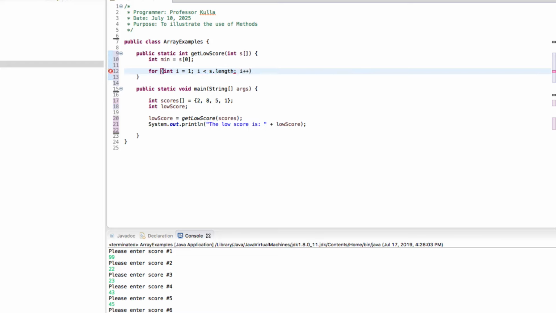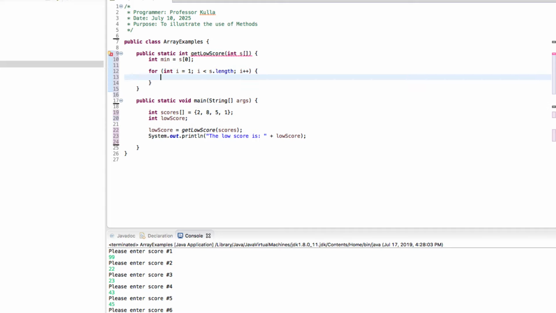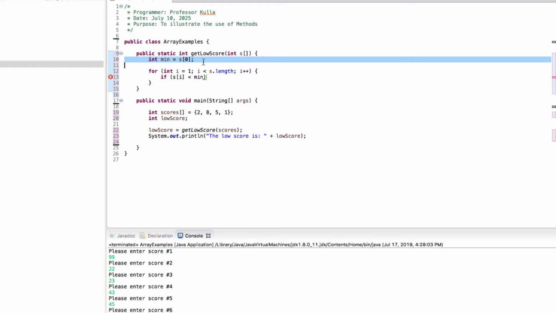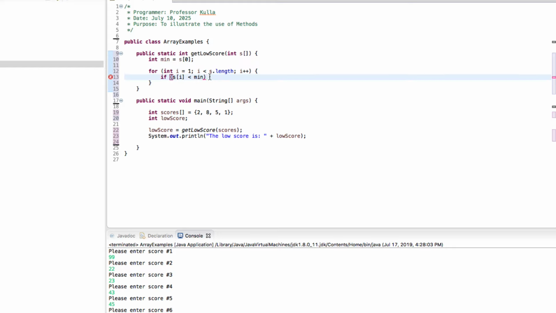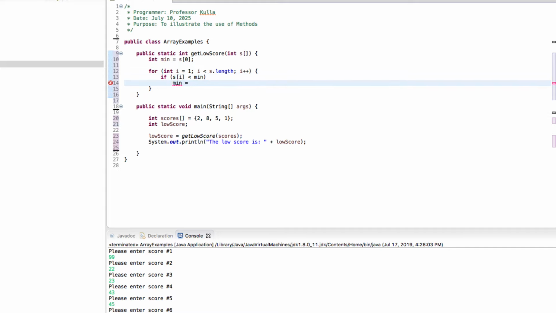And then we're going to increment the count on the for loop. So this is going to go from 1, to 2, to 3, and then it's going to stop because once it's hit 4, 4 is not less than the length. And what's it going to do here? I'm going to say if s bracket i, so in this case the first element in the array, is less than the minimum value, and the minimum value I originally set to the 0th, then that means s sub 1 is less than the minimum. So now I'm going to make the minimum value that element,